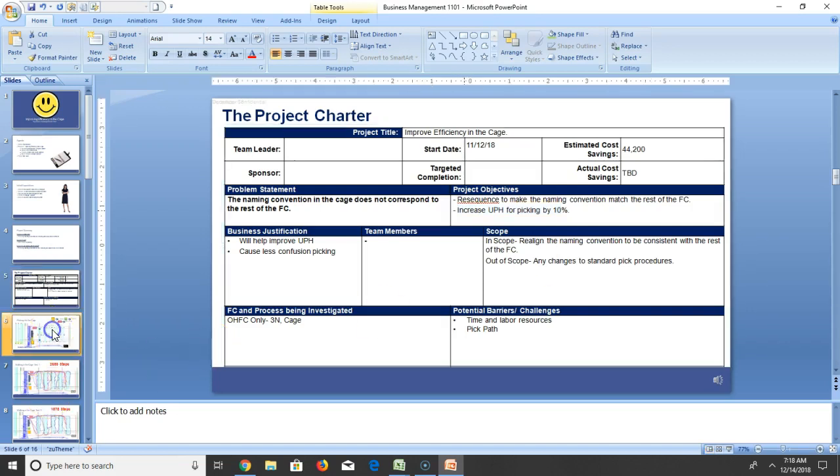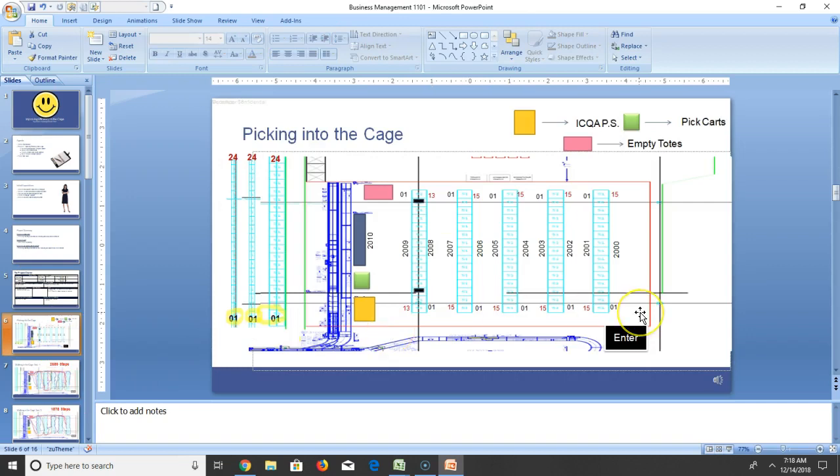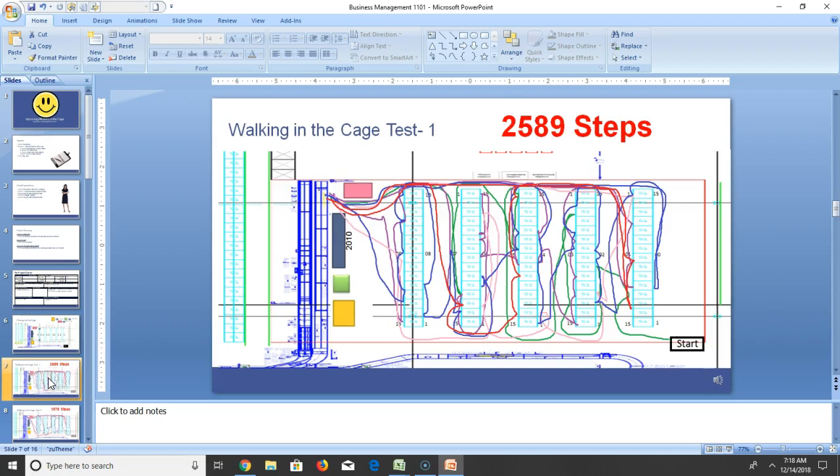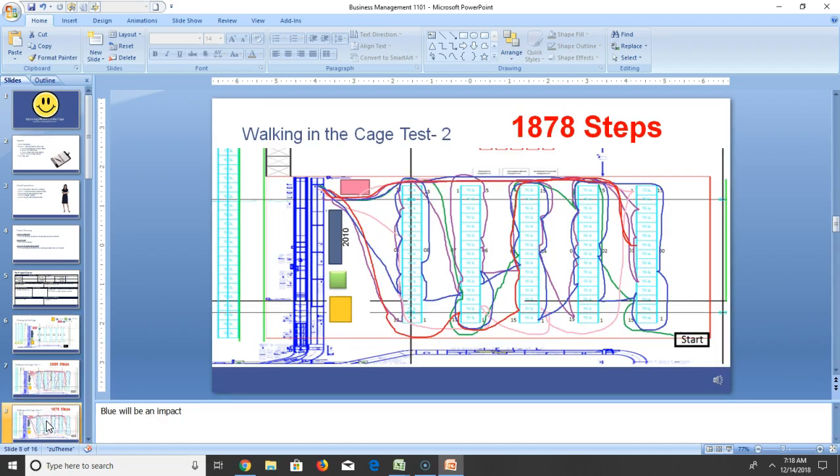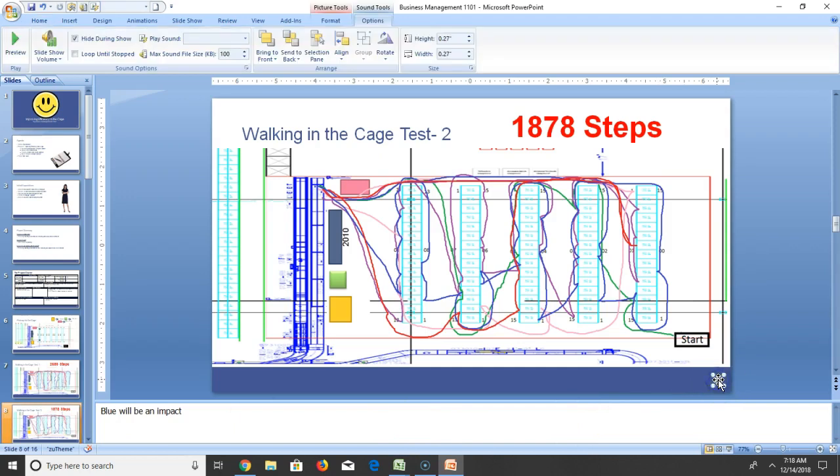So we can look at that, and then we start to see what happens when we go through and start tracking the number of steps that people are taking, not only that, but in the path, and how we really start to pull some of that real data in. Now, the good part about this, too, is, if you notice,